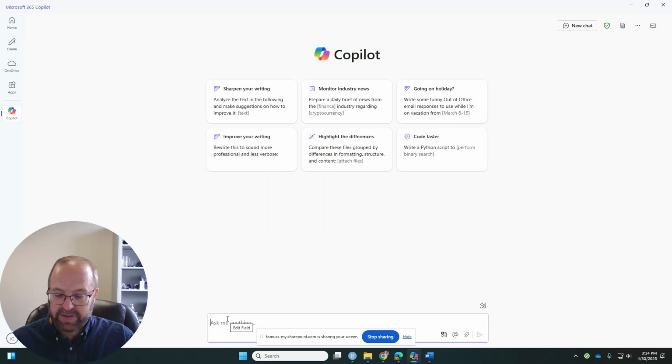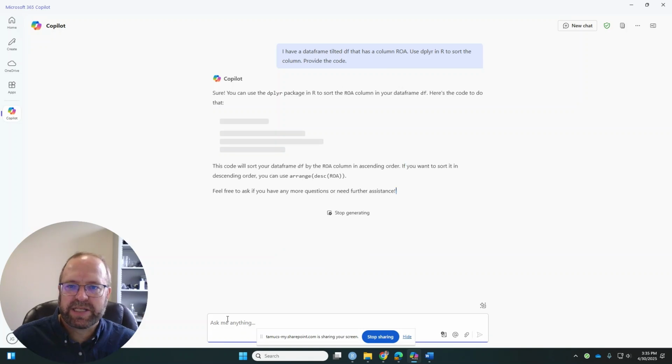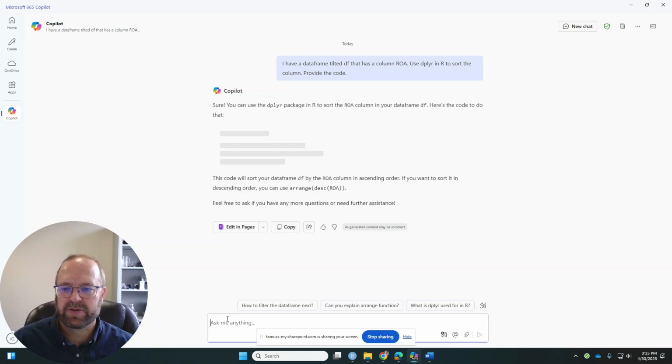Let's ask a question. So if we say, I have a data frame titled DF that has a column ROA, use dplyr in R to sort the column, provide the code. So I can tell it some things. What you need to do is be able to tell it enough to make it work. So this one says